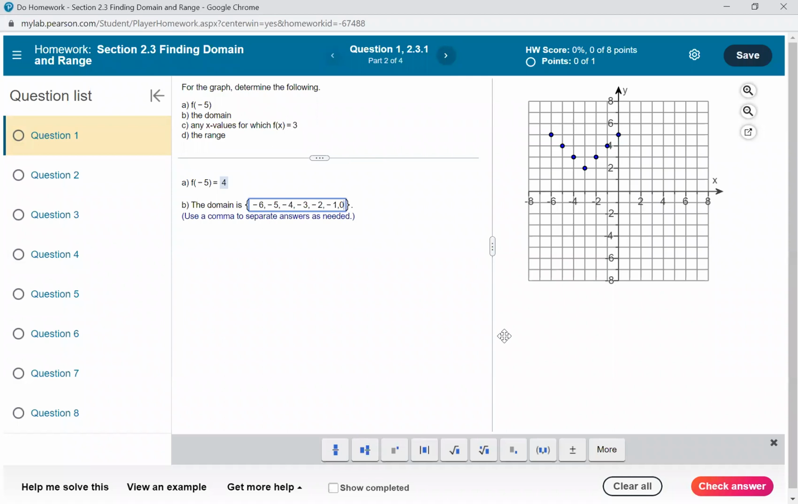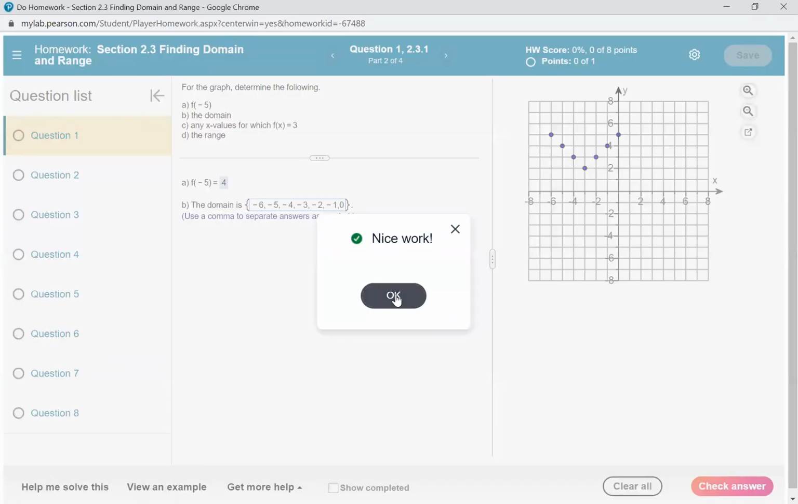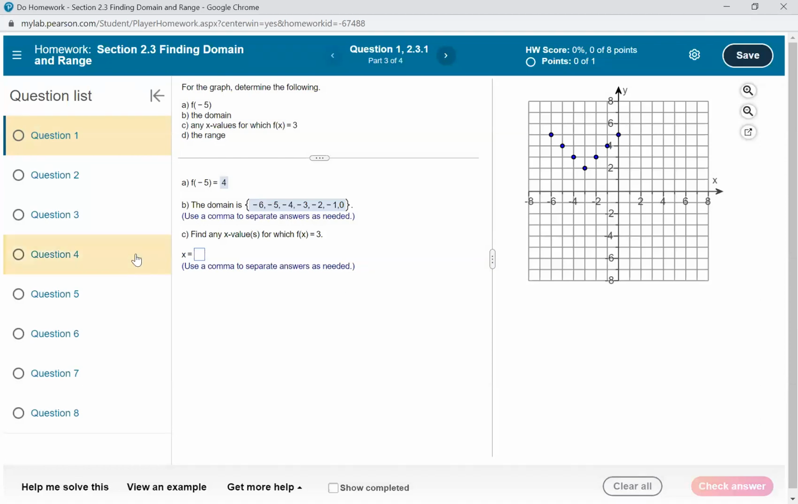Okay, so we're ready to what? Check this one, right? So we check our answer and then we're gonna move to the next. Now,